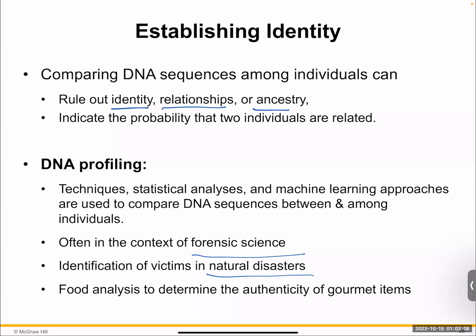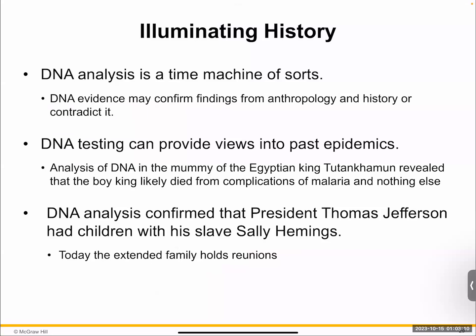And then again, it's important to understand that when we're looking at genetic information and tracking it, when we go back, we can figure out where we came from, right? We can take what we already found in other sciences and provide additional support to that. So it's very important for sciences like anthropology, right? Finding things that may contradict each other, but DNA can help us figure out what the correct answer is.